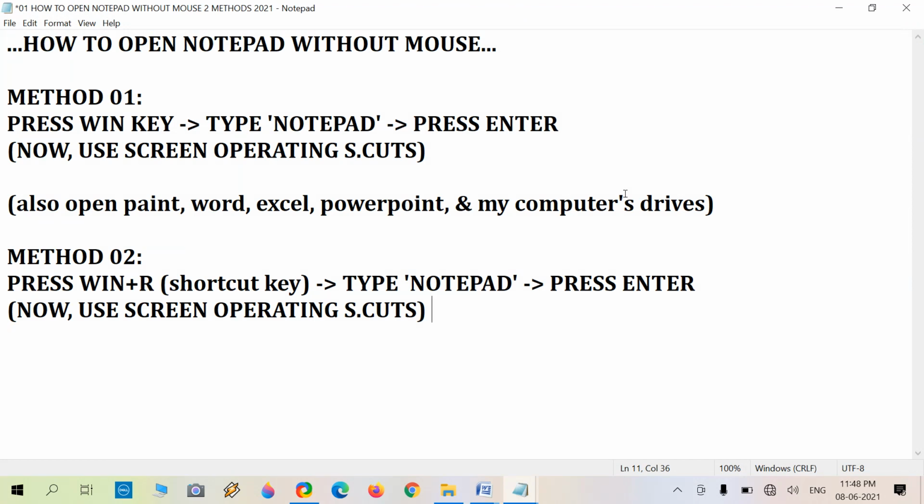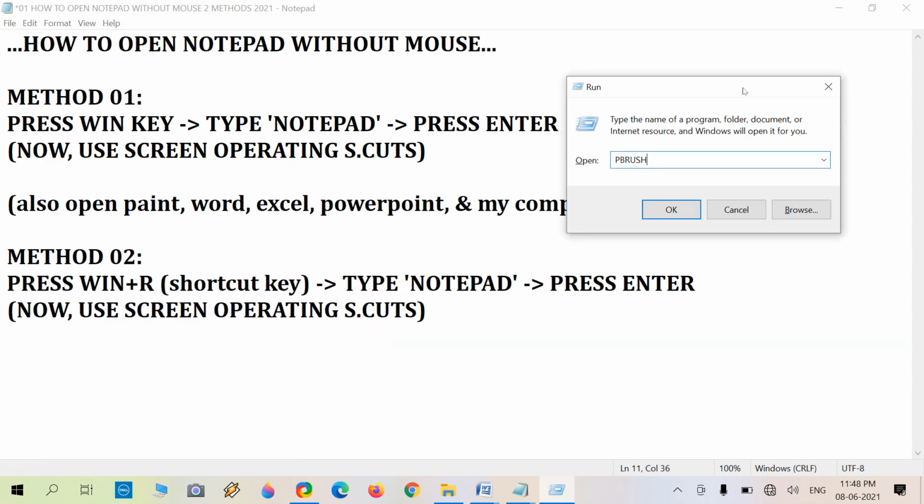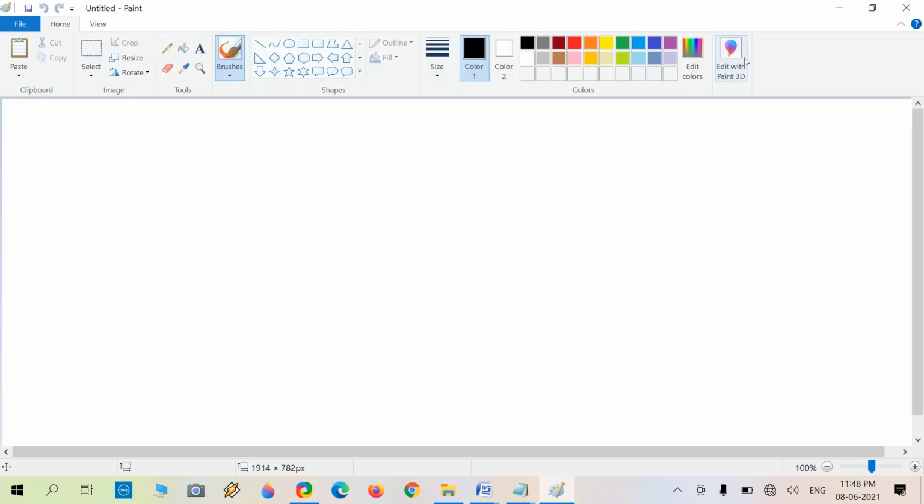Again we try for Paint. Press Window R and now I am typing PBrush. Let's see whether PBrush works or not. I am pressing Enter. Yes, it executed.